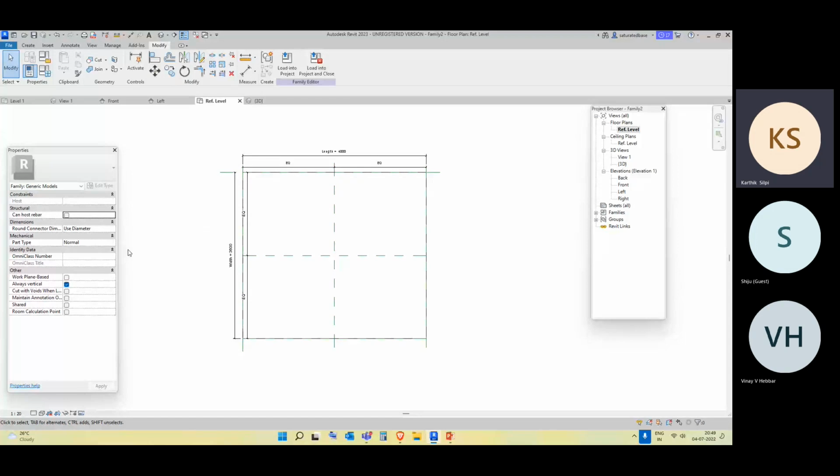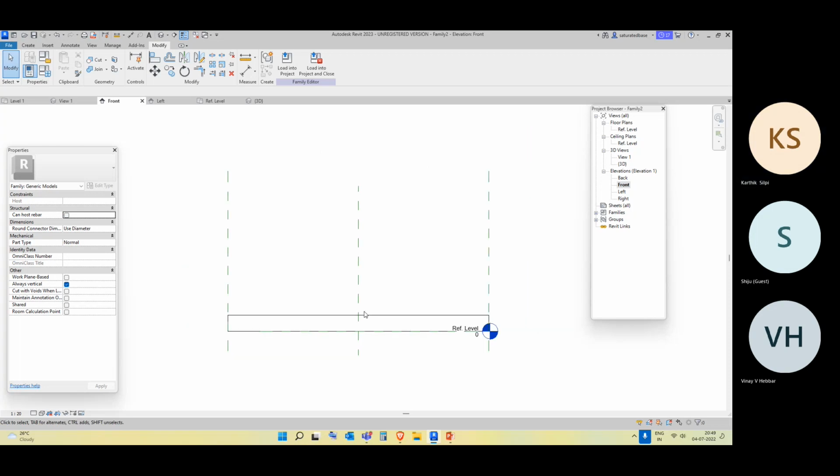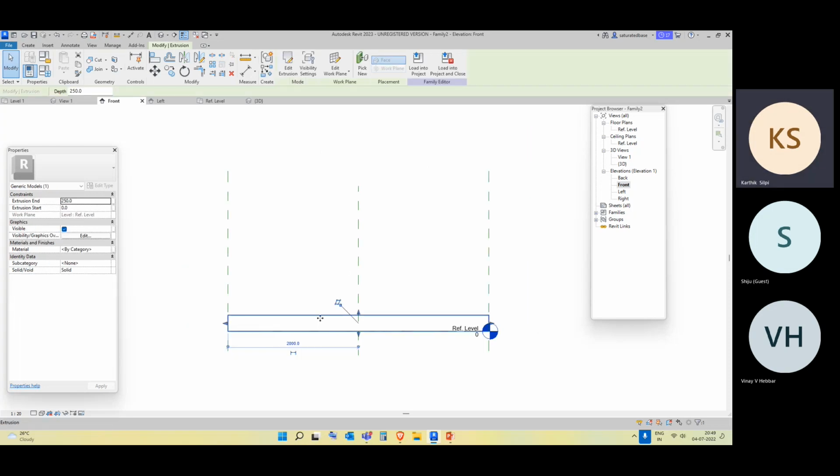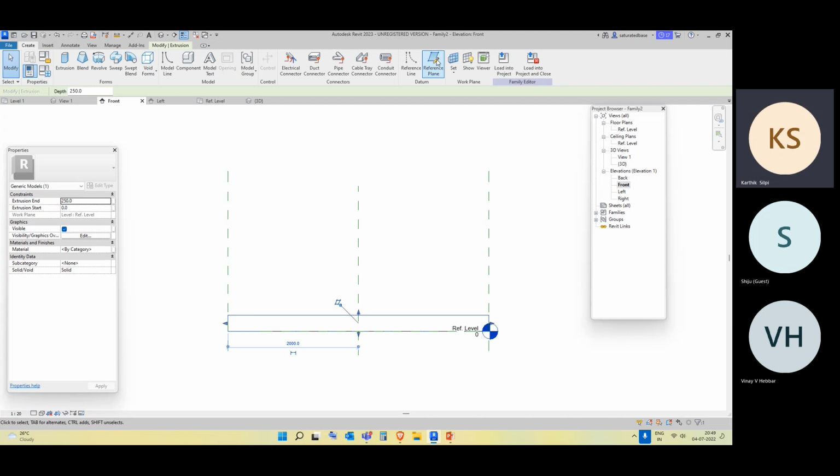After having your length and width, let's go to the front view. Here, this is a reference plane. In the reference plane, we have a reference level. If you want to see the object from front view, just go for front. So we have our front view. Now, if you observe over here, there is no height dimension. For that, you have to create another reference plane